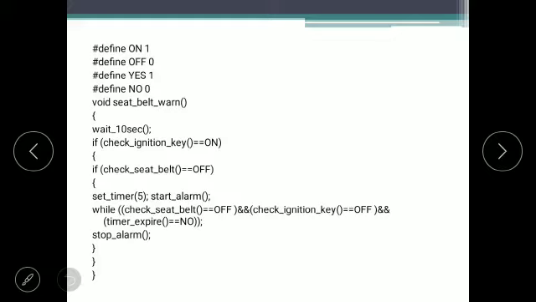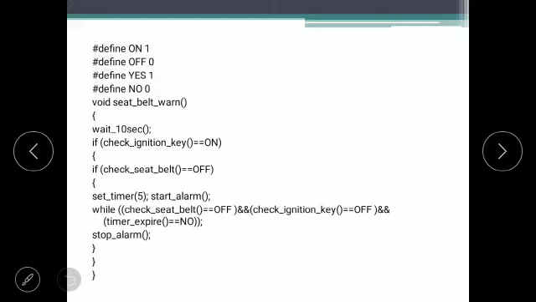Then part of that we are going to create one more program, which is wait for 10 seconds. Then check the condition. If the ignition key is on, you will get inside the loop. Then if the seat belt is off, then set the timer for 5 seconds and start the alarm. So what are the two conditions? You have to check that the ignition key is on. After ignition is on, you have to wait for 10 seconds.